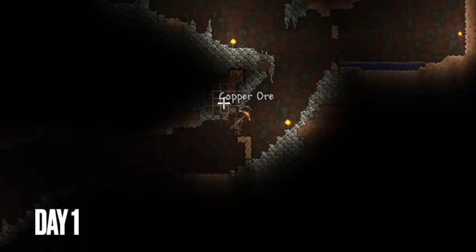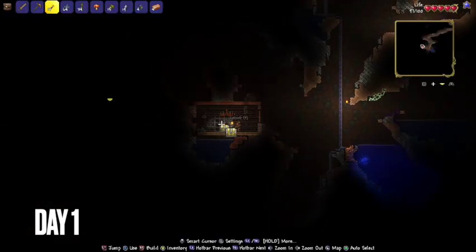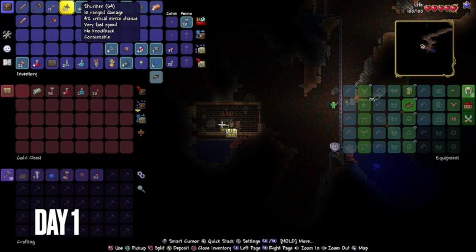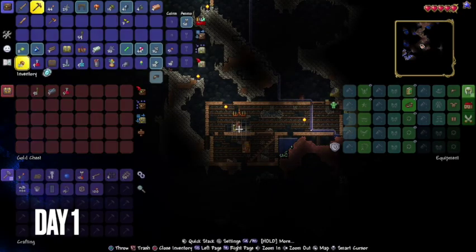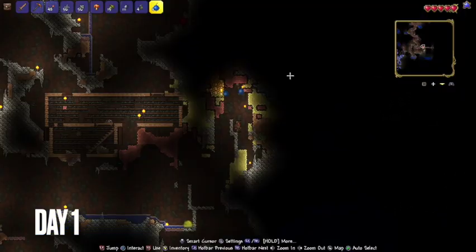I found a bunch of ores, which I promptly mined, as well as 2 underground houses. One gave me a band of regeneration, which, as the name implies, slowly regenerates my health. And then I also found a magic mirror, which can teleport me to spawn if I want to. I also found a mushroom biome, but,